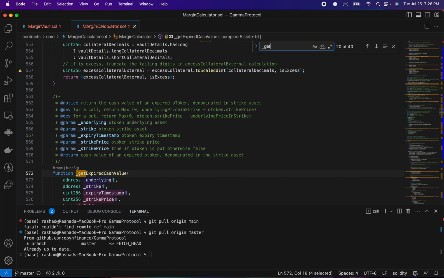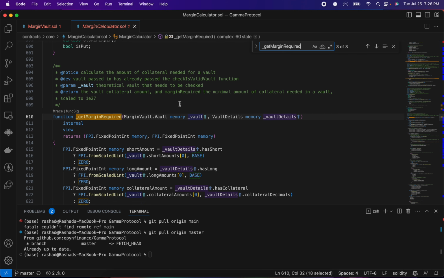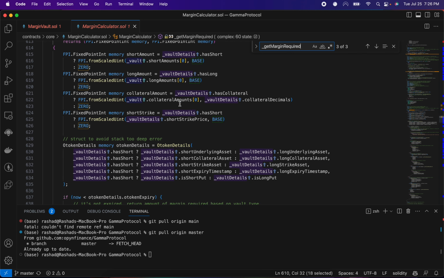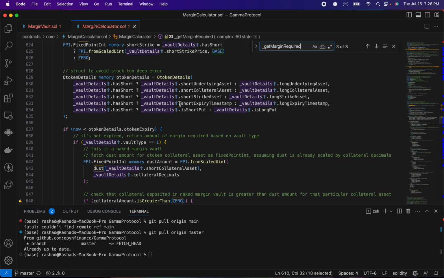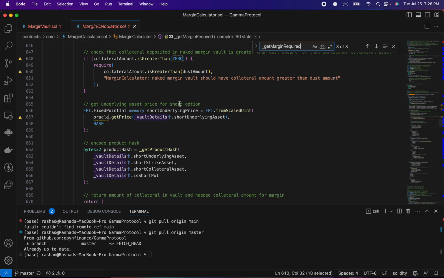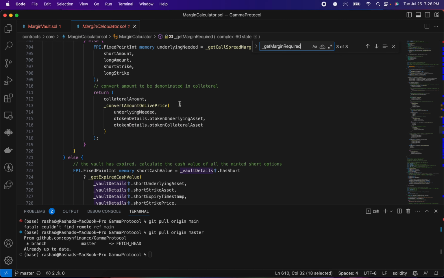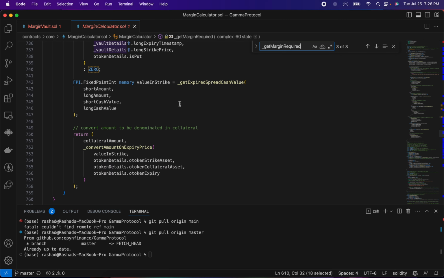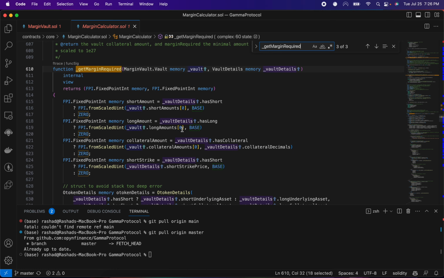So if we look at get margin required, right, you have a vault here, vault details, and this function here will actually go ahead and compute it. So what this is effectively doing, there's a lot of different pieces going on here. And I can let you read it in your own time, but what's effectively happening here is that